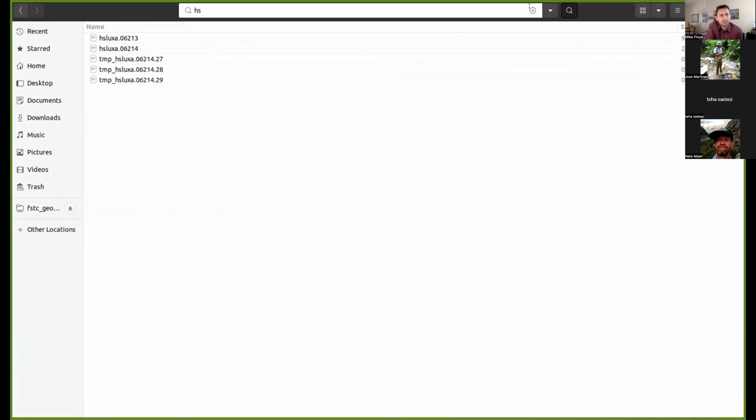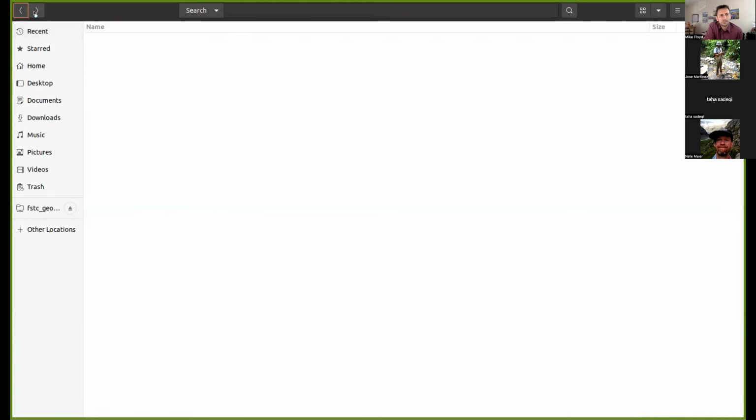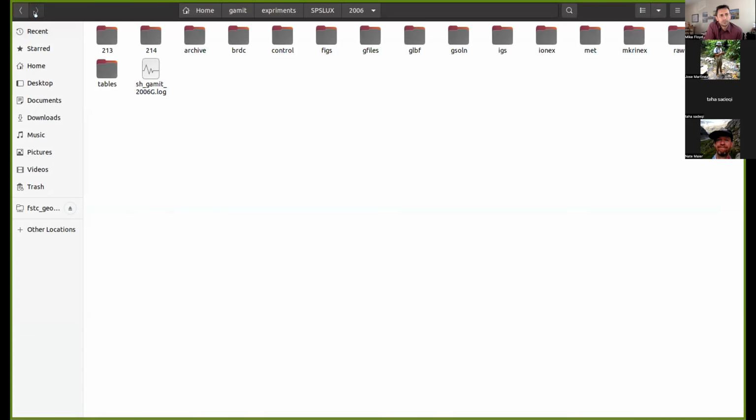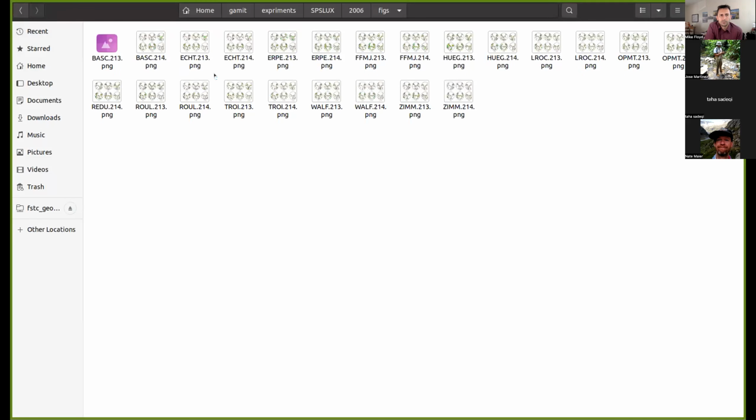Although I added, let me show you, I added the command in sh_gamit, but I just have the sky plots. So I wanted to check with you, what is the option that I can use, before going to GlobK, to have the time series, to just quickly check the residuals for each station